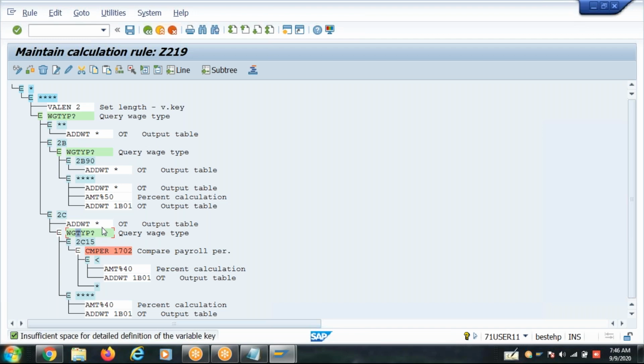Check the waste type name again. If it is 2C15, add it into 1B01 based on the validity effective from date. Otherwise, directly add it. These kinds of changes are common in payroll after go-live.